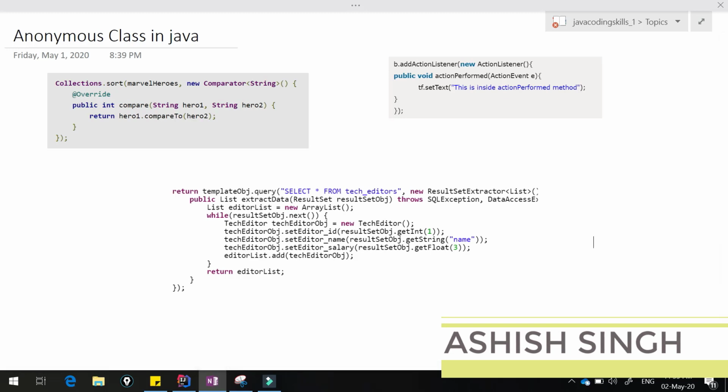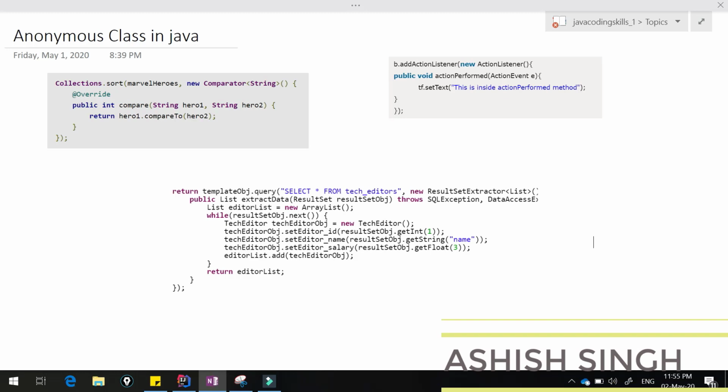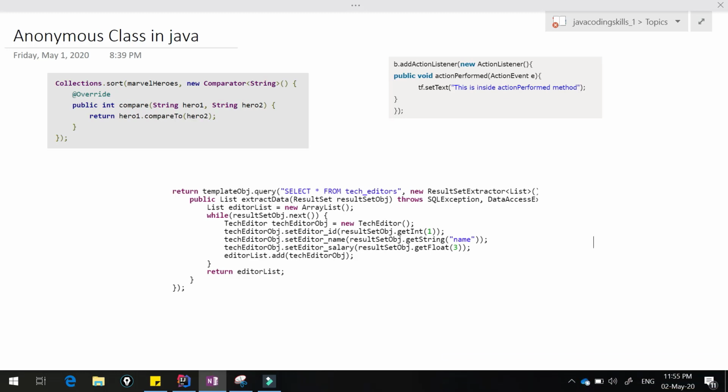Today we're going to talk about anonymous class in Java. Have you ever used Collections.sort and passed your list using a new Comparator? Or if you notice this diagram, while writing Swing and AWT programming, we call button.addActionListener and we are overriding this ActionListener's actionPerformed method like this.